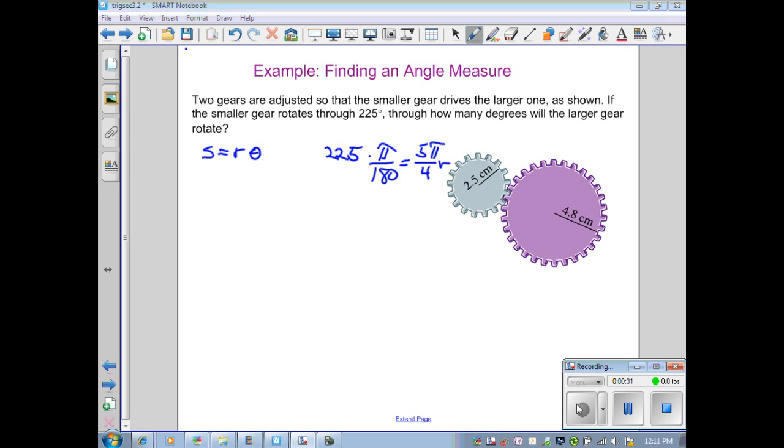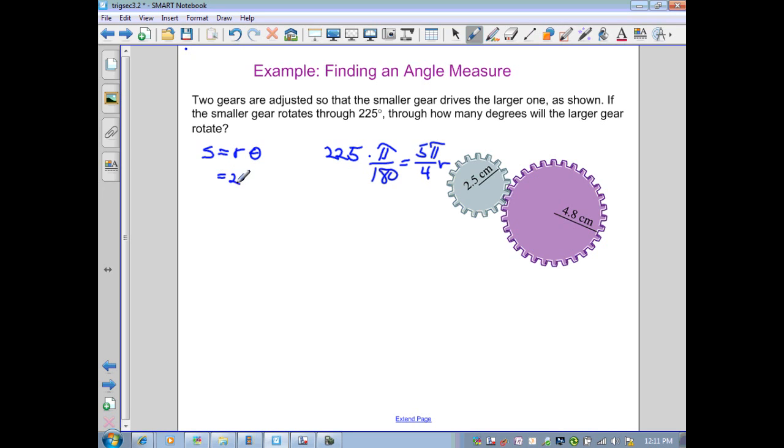Now, let's substitute into our equation and find the arc length for both gears. R, for the smaller gear, is 2.5 centimeters times the radians that gear is going to rotate, which is 5 pi over 4. And when I simplify that expression, the arc length for the smaller gear is going to be 25 pi over 8